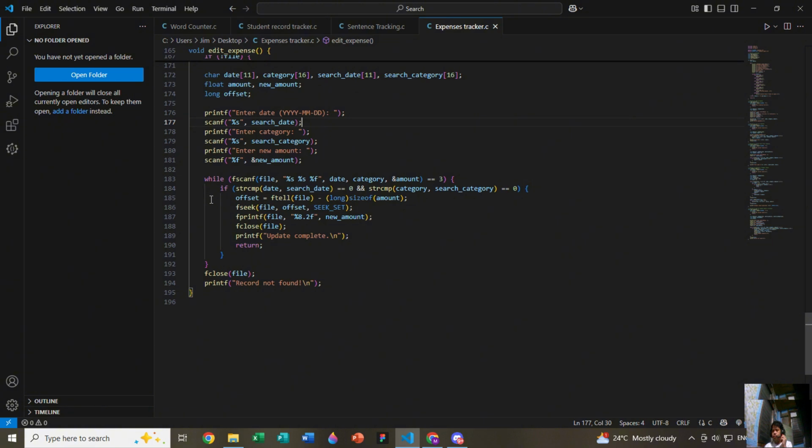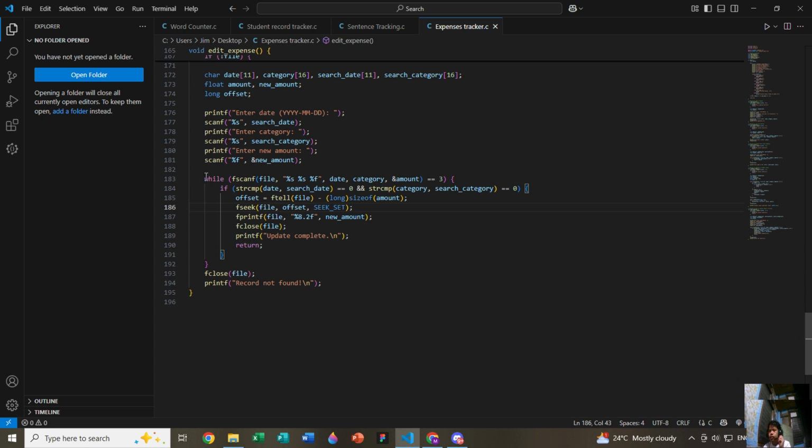And for the while loop, basically the f set is basically a file offset and fprintf new amount.